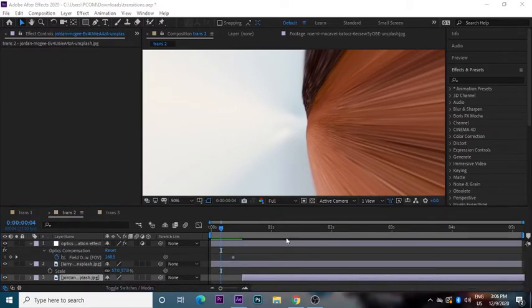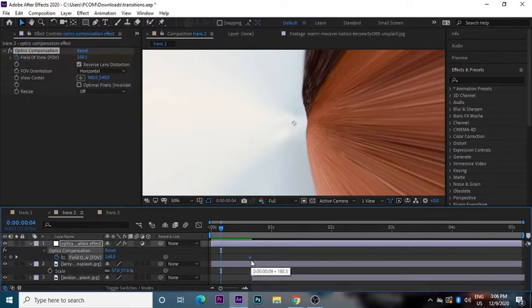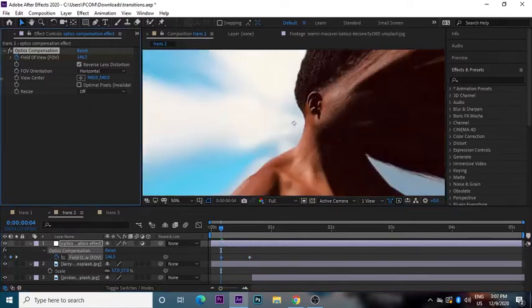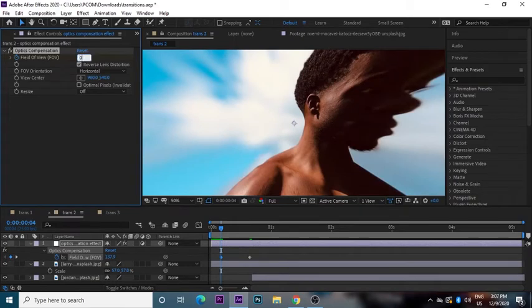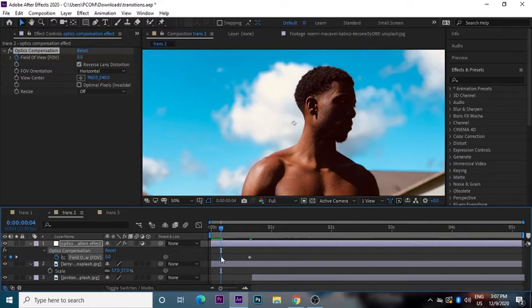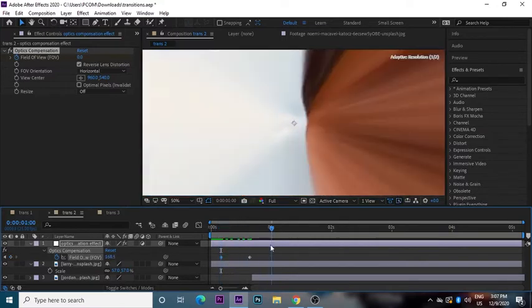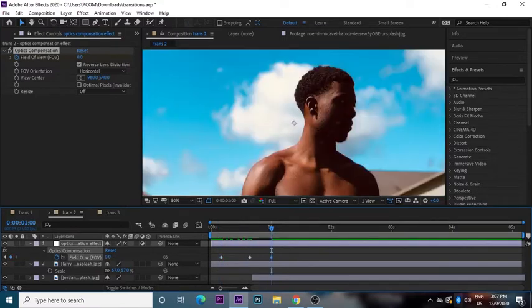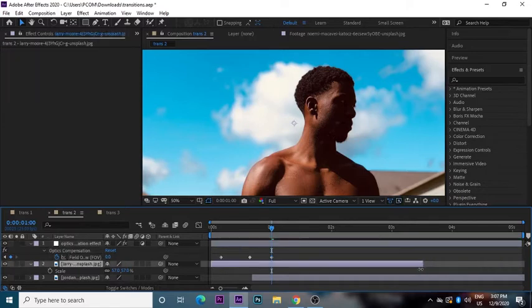First of all, offset the keyframes and making something like this. The keyframes, not the layer. And then again make a keyframe over here of the value 0, and copy this keyframe by pressing Ctrl C, and over the 1 second paste it, Ctrl V, and don't forget